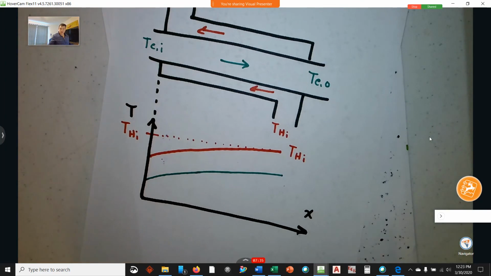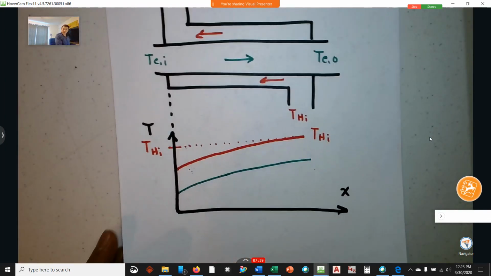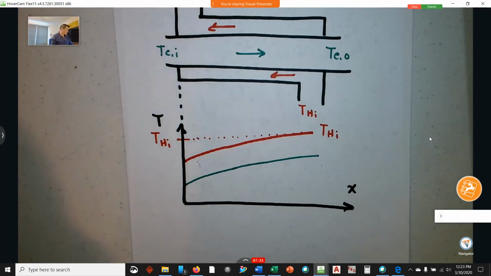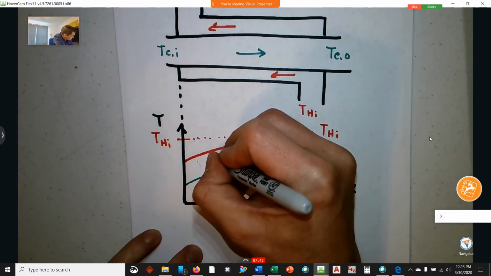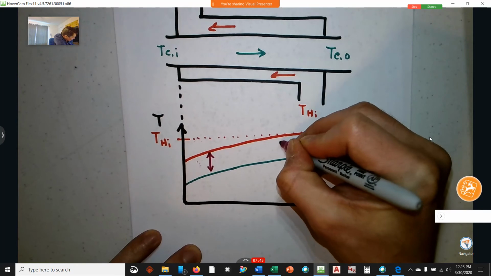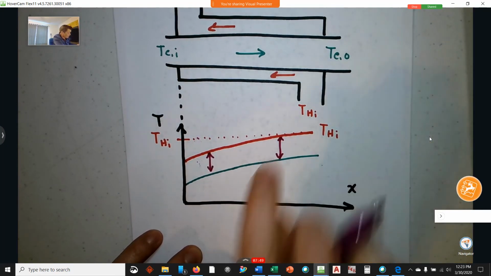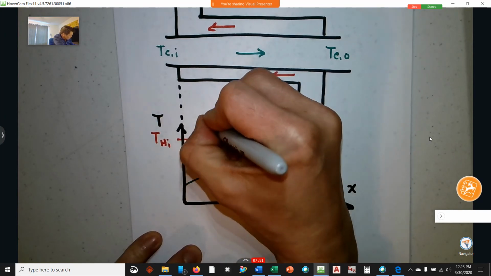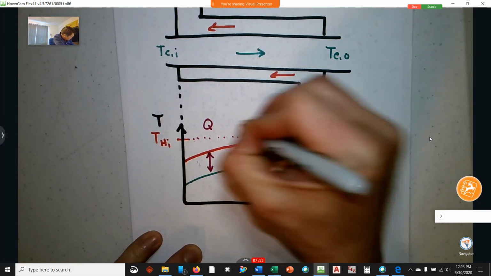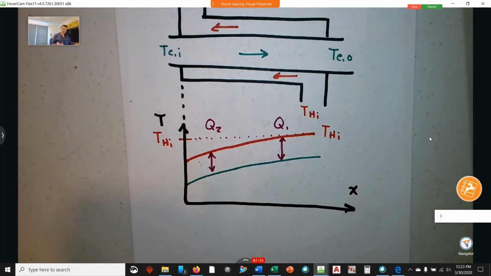Here now, if we look at the heat transfer and the driving force for that heat transfer, right? We always craft things in the context of driving force and resistance. I can keep increasing the length of this, and this area is relatively constant. Q1, Q2, Q of X, it's relatively constant. And so generally,